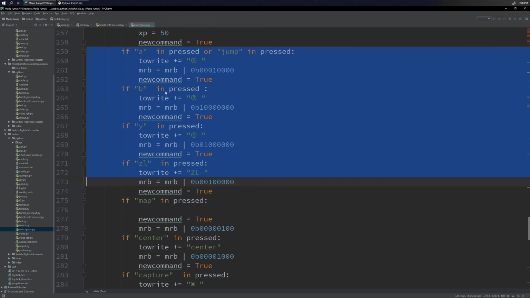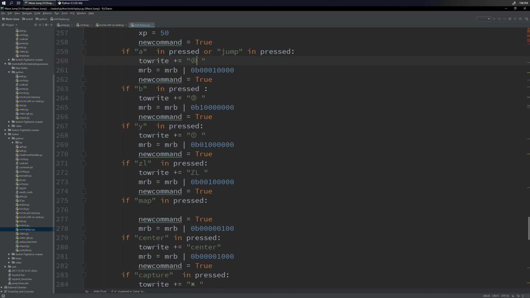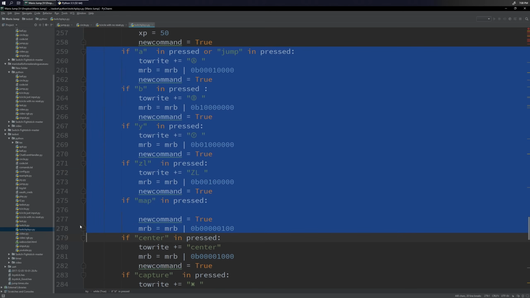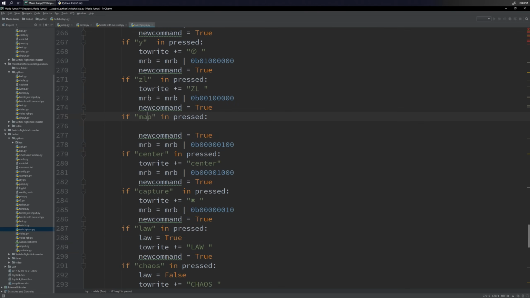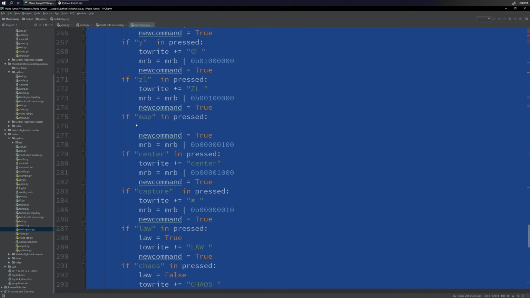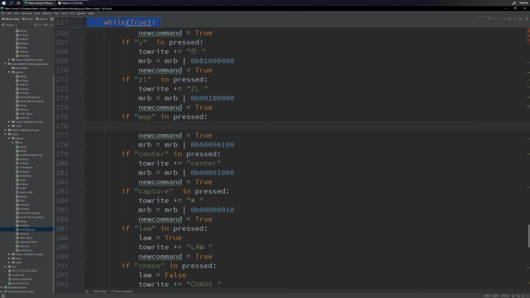And that just does the exact same thing, but with smaller numbers. And then, of course, we had the A button. I found a Unicode character that's an A inside a circle, a B inside a circle, a Y inside a circle. Could not find a ZL inside a square, because, of course, that's not a Unicode character. But yeah, those work just like we did before with the bit fields and stuff. The map, of course, we don't print out anything to the screen because we already did that earlier, when we were handling the map logic.